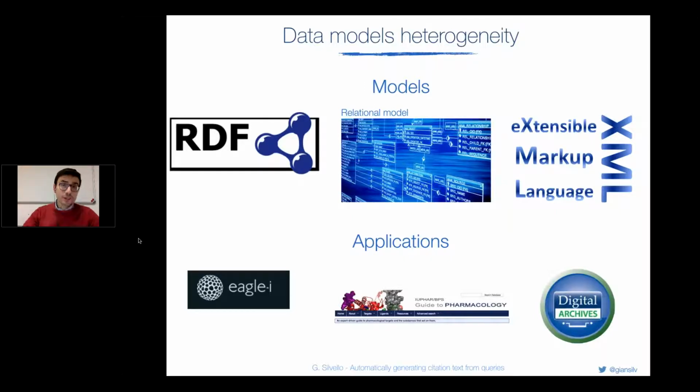So for each one of these models, we selected a relevant application domain, a relevant use case: so it's Eagle-I for RDF, IUPHAR/BPS Guide to Pharmacology for the relational model, and digital archives in the Encoded Archival Description format for the XML. So now we are going to see the details about each system and each use case.